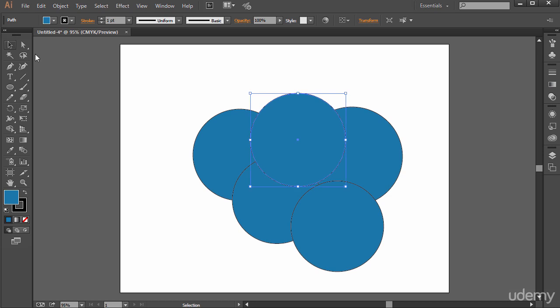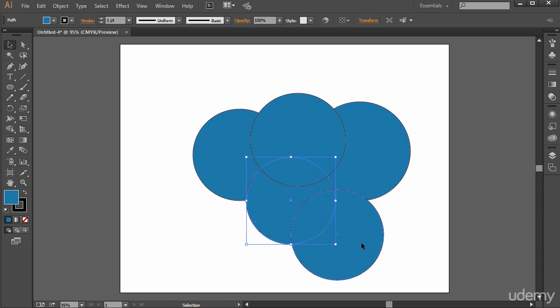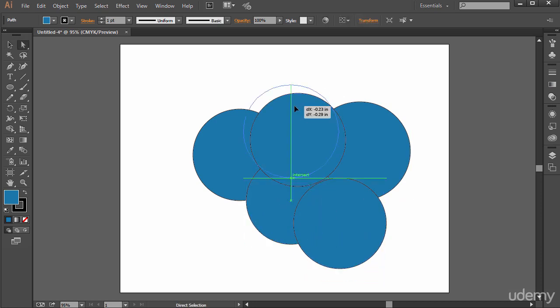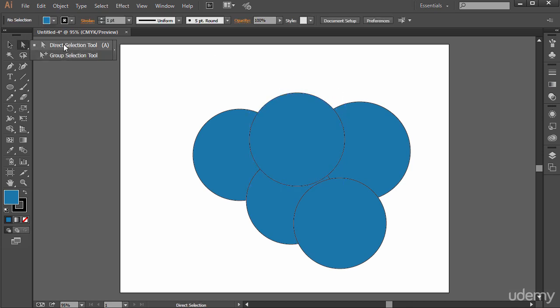And so we've got 5 circles, right? Let's say we were combining them later to be a cloud with a pathfinder. We'll cover that in a different lesson, but we just have 5 circles here. Now by default, if I click one, I can move them around obviously individually because they're not grouped. And then with the white arrow, you could also move them around, or you can click and drag and adjust the size. So let's go ahead and group these, because to understand the group selection tool, we need to use